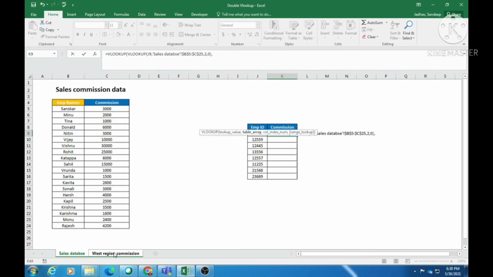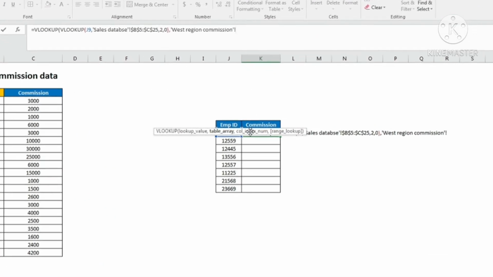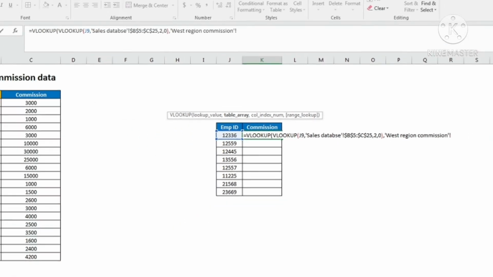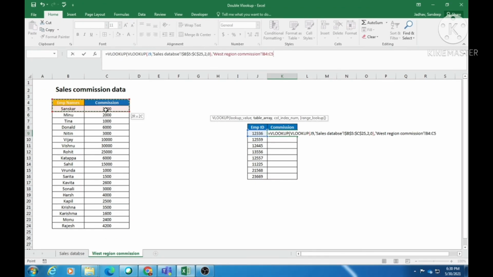Now I will go here again. Now my first VLOOKUP formula is complete, where I extracted the name of the corresponding employee ID. This employee ID, then the name will be extracted and that will be used to extract the commission for the second VLOOKUP formula. So I will go ahead and select the table array for my second VLOOKUP formula.